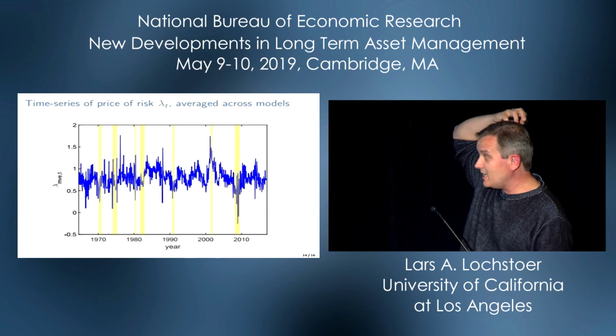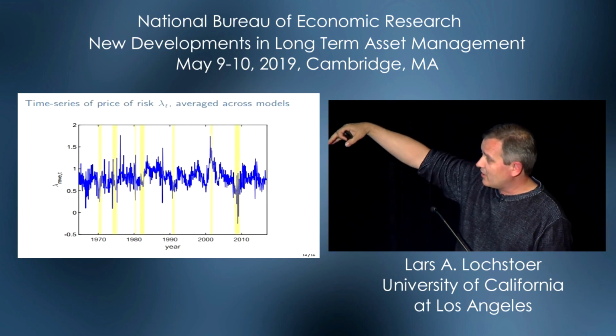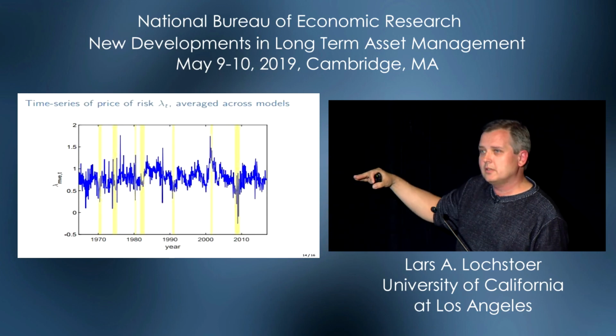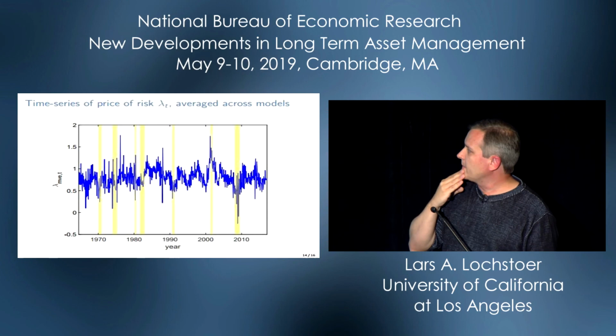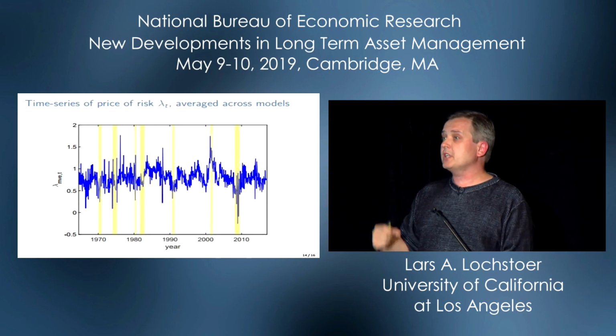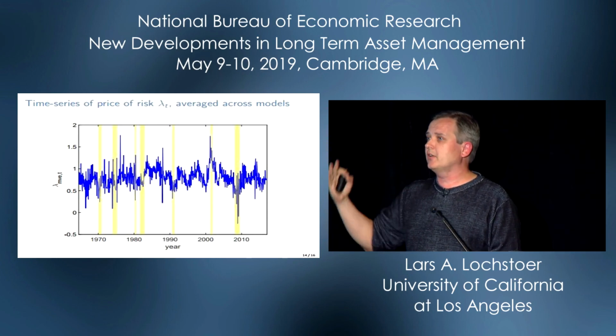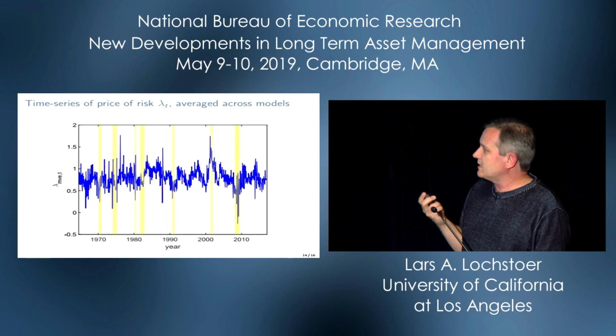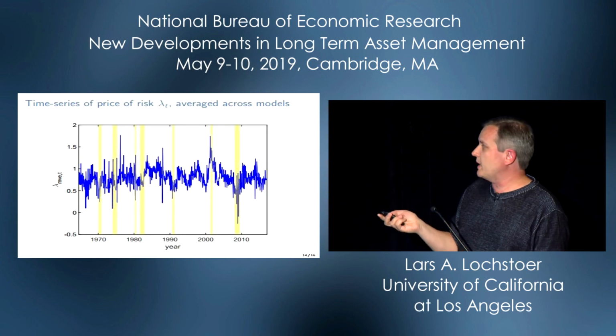And something you can kind of see here is that it looks like the price of risk, the maximal Sharpe ratio, conditional Sharpe ratio of these models is kind of low in recessions, which seems awkward, okay? And not all recessions. The 2000 recession seems like it was high, actually. That was where these models would predict a very high one. And so it looks like maybe there is something going on here which we have to think about.